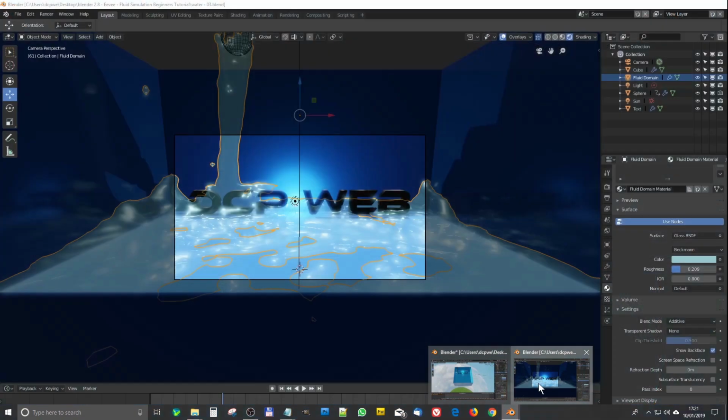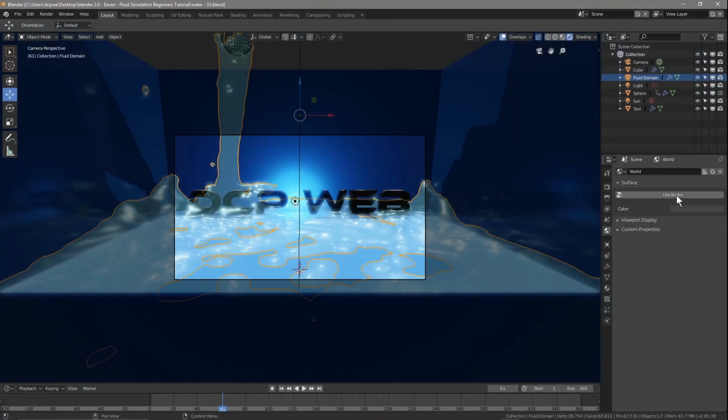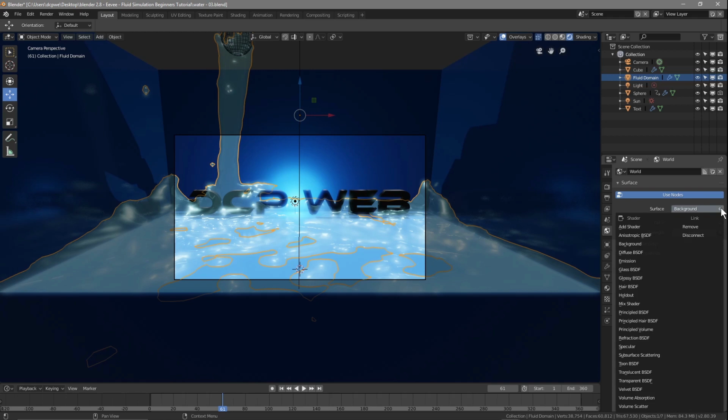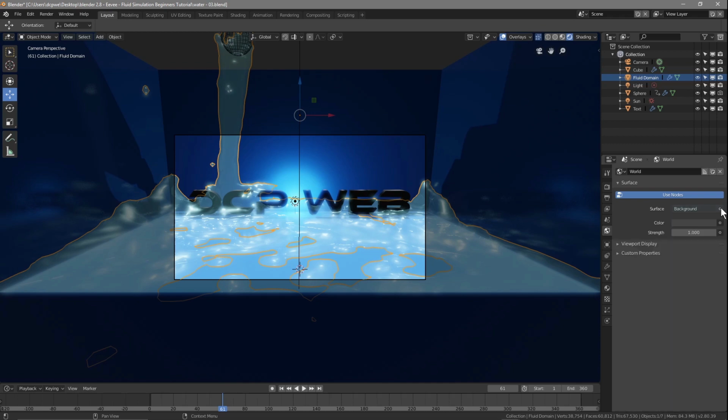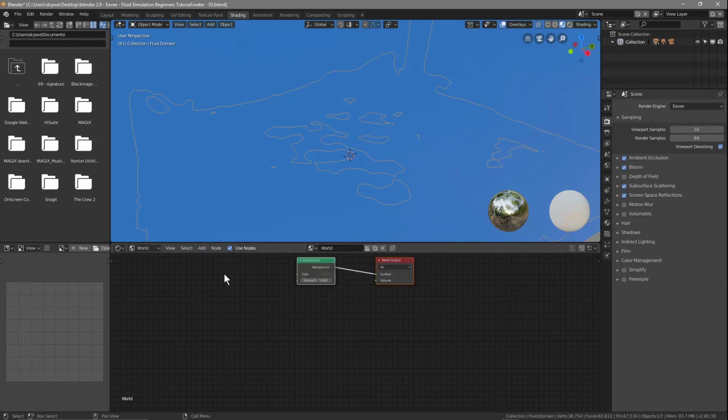So let's go back to Blender here. Let's go to the world settings. And let's click use nodes. And then in the surface here, let's have a look. Normally I do this another way. In fact, let me do it the normal way. So if I go to shading here, and then go to object and world here,